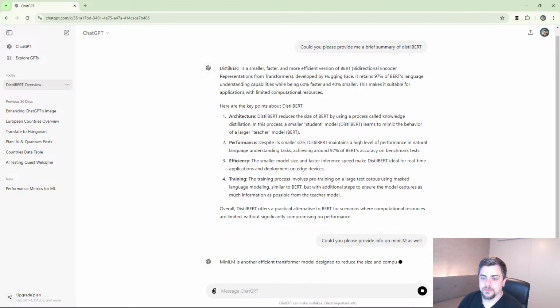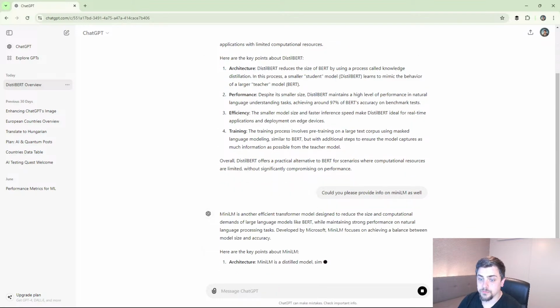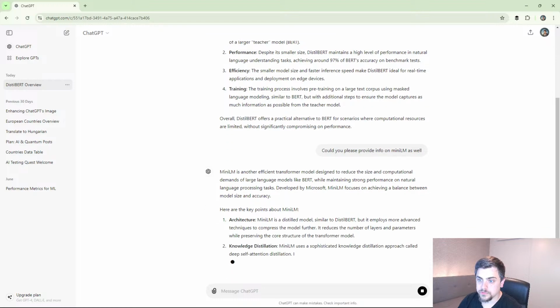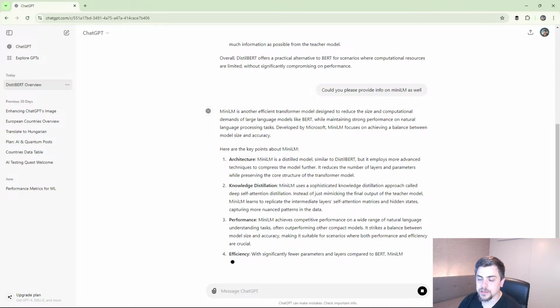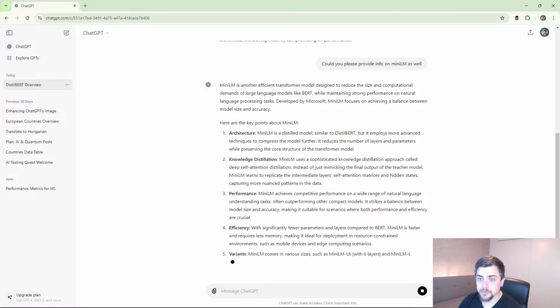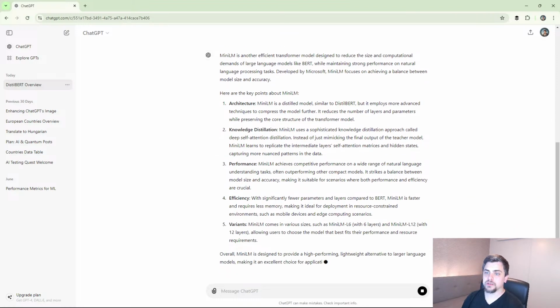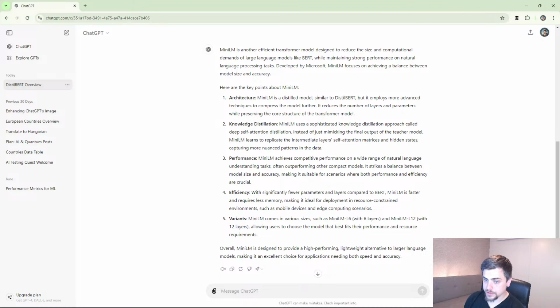Okay, it also reduces the size and computational demands of large language models like BERT, and MiniLM is developed by Microsoft. It's similar to DistillBERT, but it's not a BERT distillation. It's also a smaller model and really focused. It's a bit smaller than DistillBERT, and the third one is